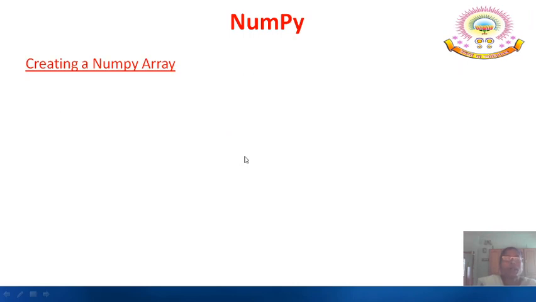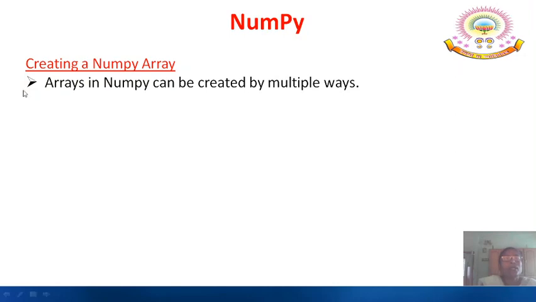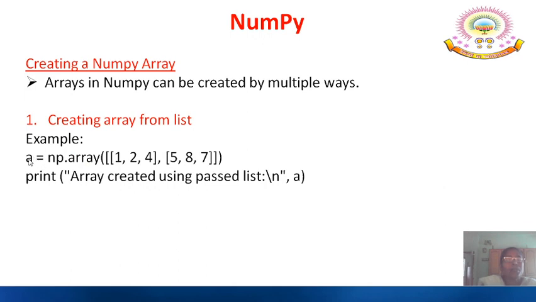Once you have imported NumPy, now we can create an array in NumPy in various methods. The first method is creating an array from the list. For example, np.array, and here we are giving the list 1, 2, 4, 5, 8, 7, and we are going to print the array created using passed list, and we print the a values.